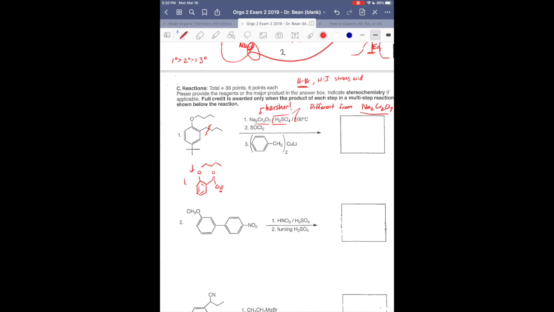And then what about the tert-butyl? What do you guys think? Is this going to react with the tert-butyl? So it's not going to react with the tert-butyl group. This bulky group is not going to react. However, if I were to give you guys some examples,